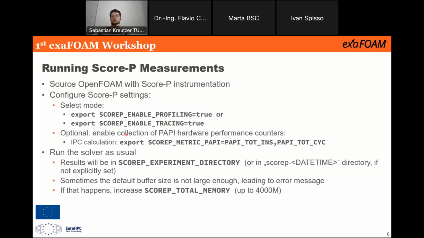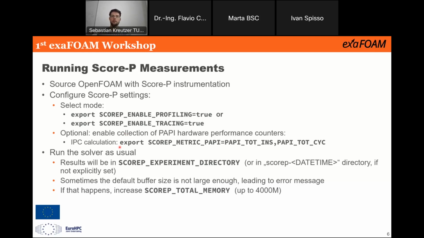There are also other options, for example, to collect PAPI hardware performance counters, which allow, for example, the calculation of derived metrics such as the IPC, or instructions per cycle, which can be useful to see if parts of the code are slow,